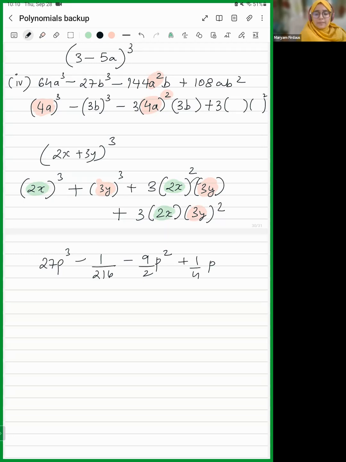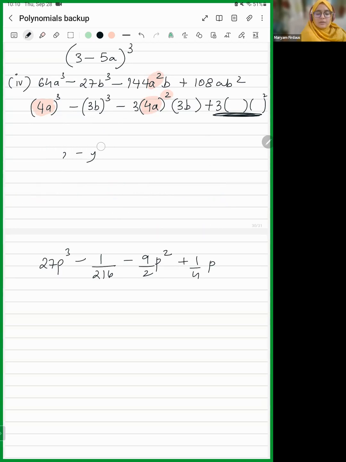But in these brackets, you will only put your a and your b, matlab your first term and your second term. So, what will come in these two brackets now? 4a, good. 3b. So now this thing becomes